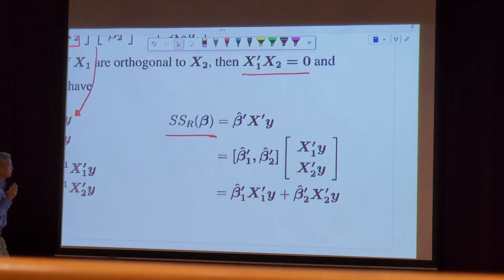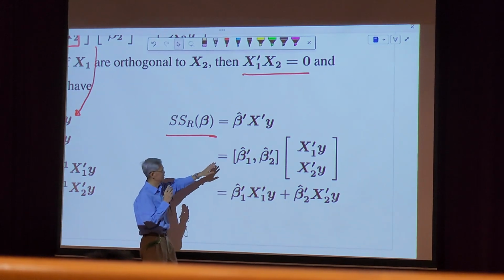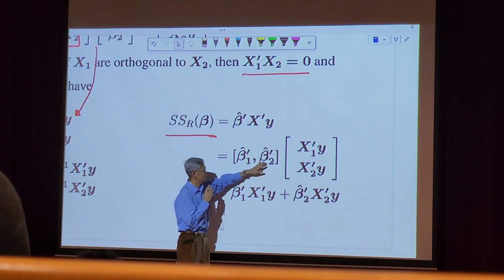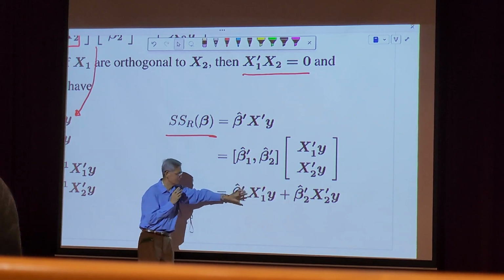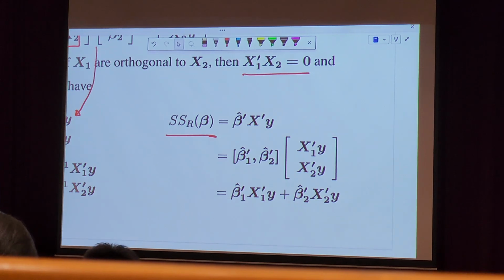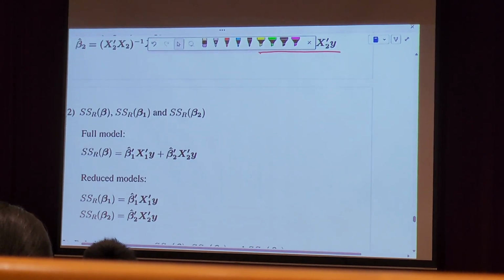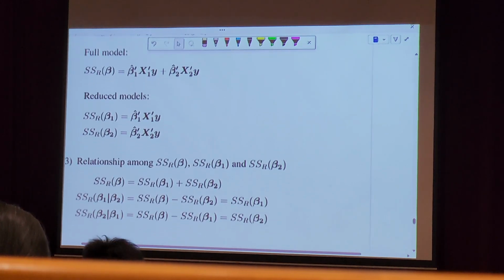So this is the definition, nothing new here. So I just write in terms of beta 1 and beta 2, X1 and X2. So that's what it is. That's nothing new. This is what we know. So now, what happened here is,